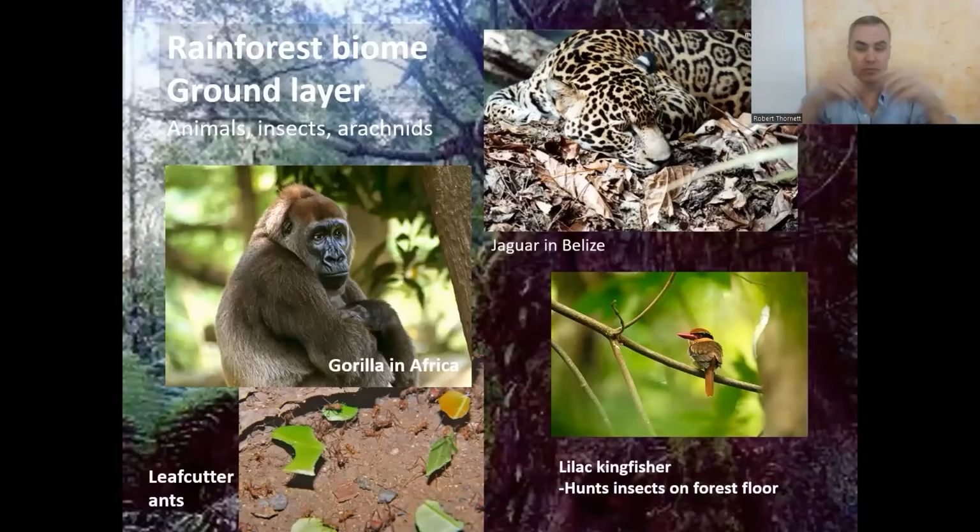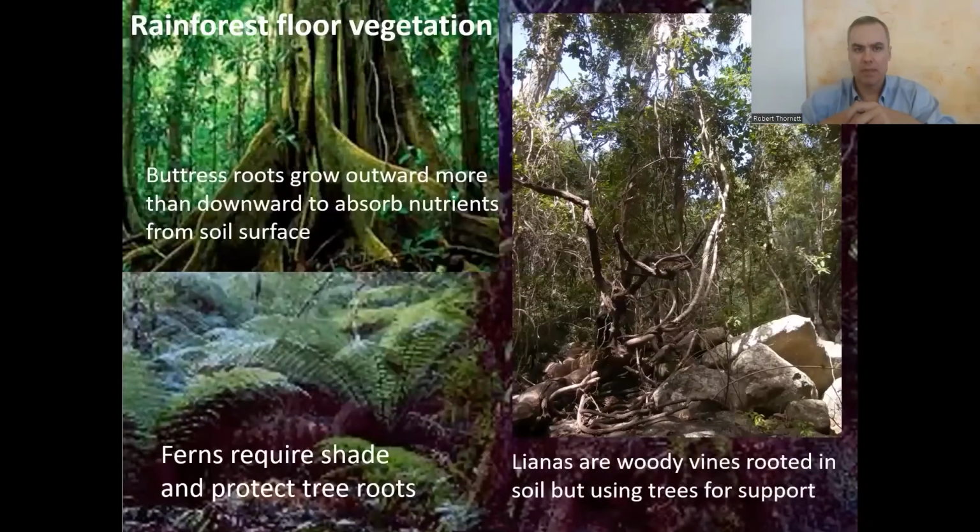On the ground layer of a rainforest, it's actually pretty open, relatively speaking, because most of the life, again, is way up top. Only 2% or less of the sunlight actually makes it through the canopy. So you usually have a lot of space on the ground. There's no grass, just stuff that falls down like dying leaves. And lots of bugs, lots and lots of decomposers like those leafcutter ants, which are down at the bottom there. On the rainforest floor, you can see up close a lot of the details of the vegetation.